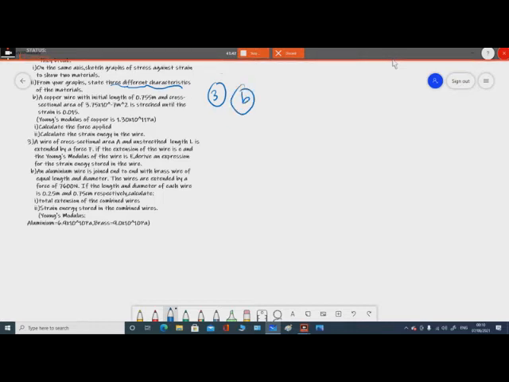An aluminum wire is joined end to end with a brass wire of equal length and diameter. The wires are extended by a force which is 7,600 Newton. The original length for both materials is 0.25 meter, and the diameter is 0.75, so the radius is actually equal to